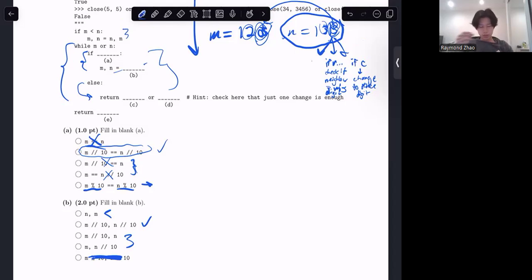Which doesn't make too much sense because if we choose this option and then we just swap the digits, then the next loop they're also going to be equal, and they're just going to swap them, and then they're going to be equal. So this would produce an infinite loop if we ran with this. And then if we instead did this option,